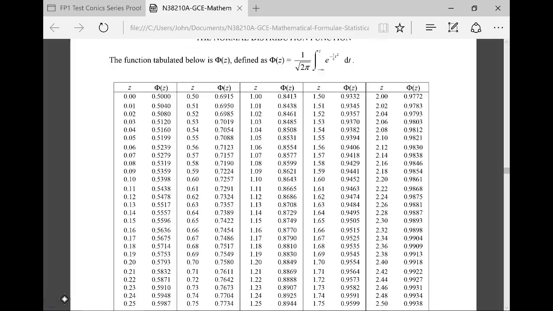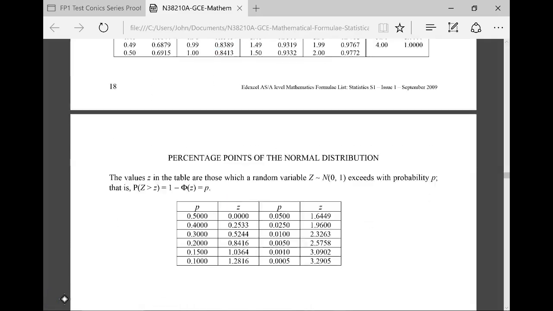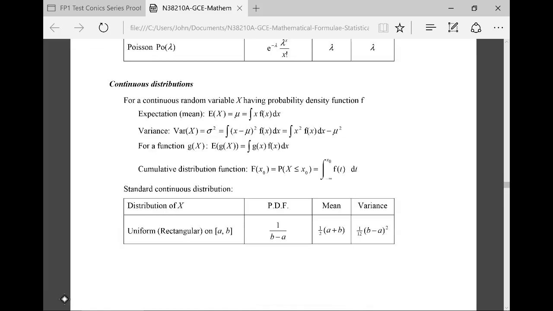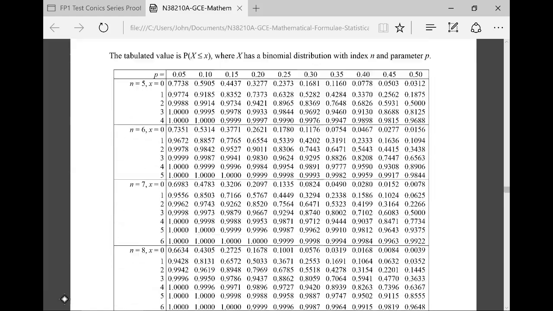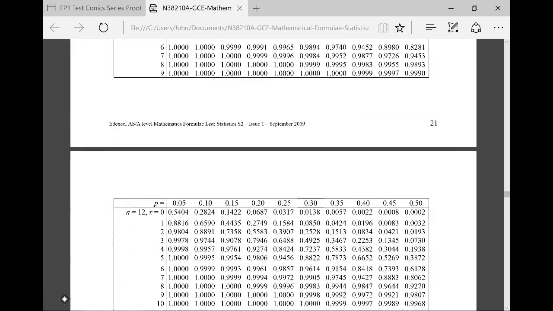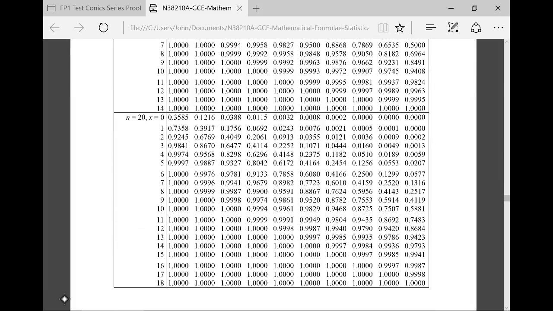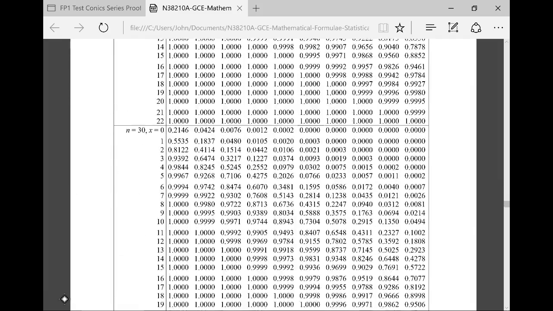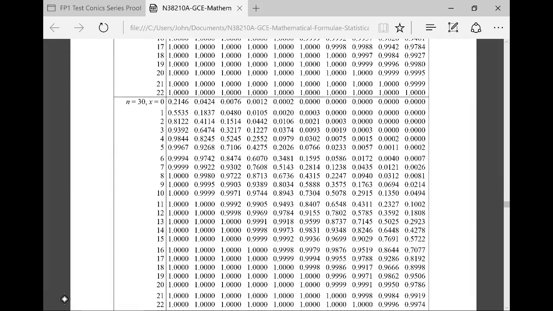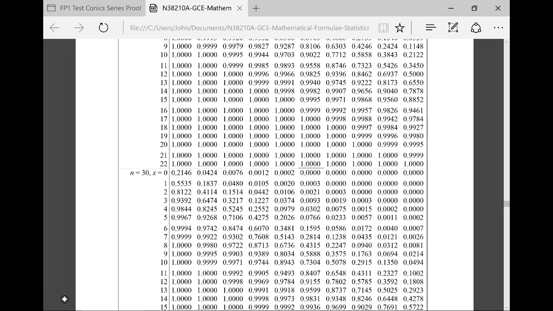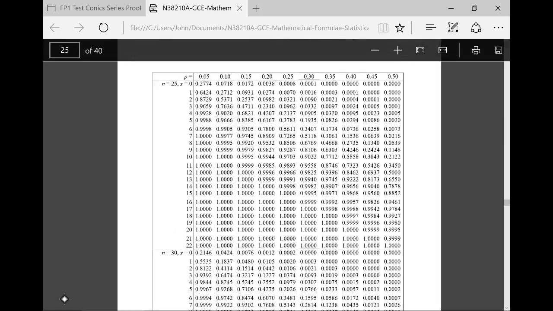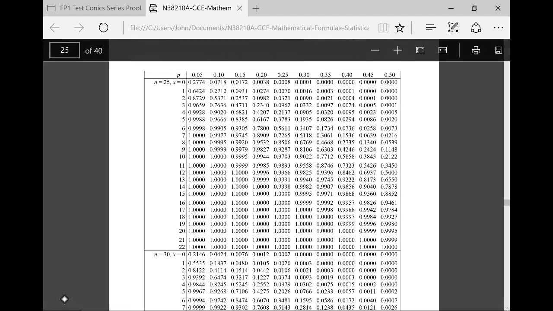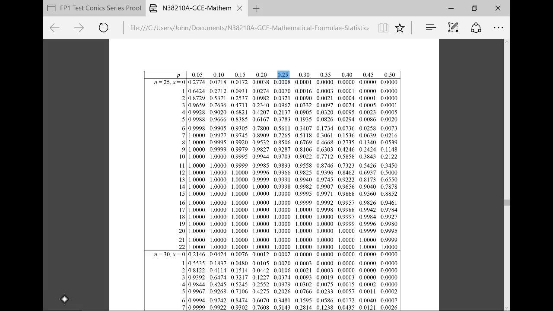Right, in these first few questions we really are working through the tables. We've used normal, we've used Poisson, and now we're using binomial, but binomial with 30 trials. The two numbers we're after are, and probability. We can't see the probability, but I need to be looking in this column here. So that column